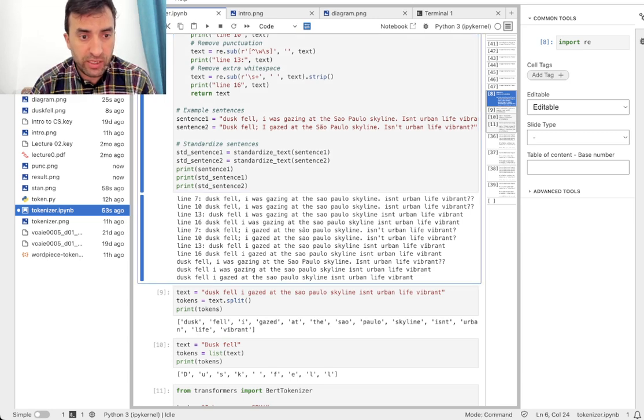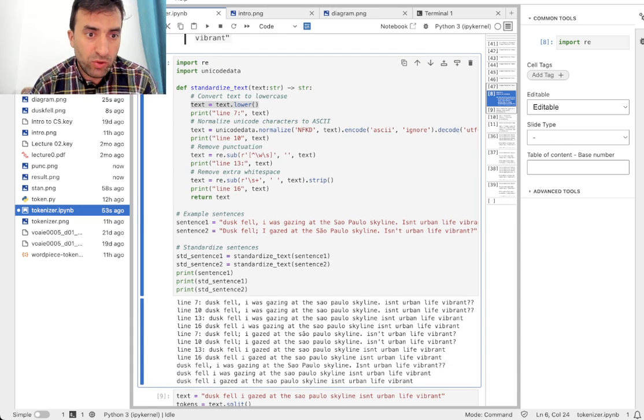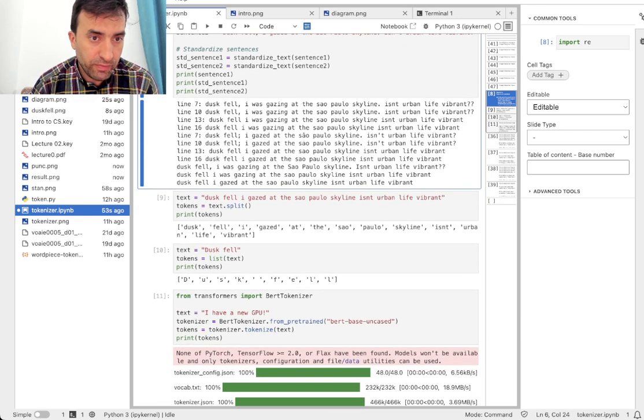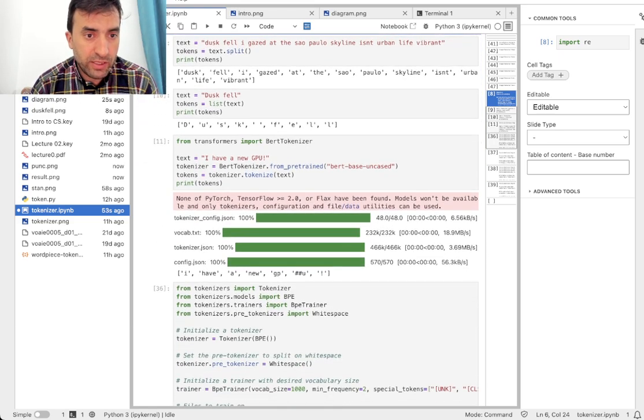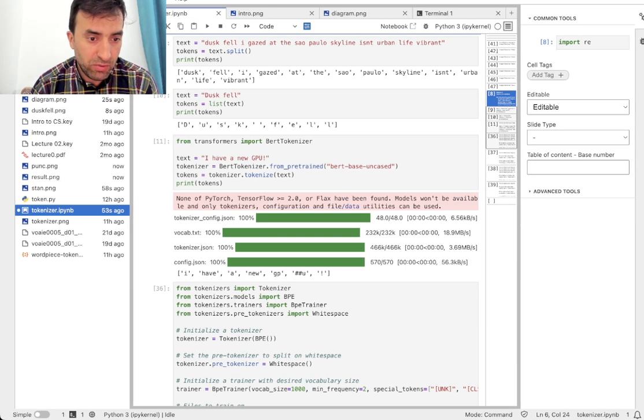This is the original text. Then we normalize it by bringing it into ASCII, so there's no major difference here. But then we remove characters in line 13. In line 16, we remove the white spaces. So that's what happens, right? Now both sentences become pretty much the same, except the only difference is